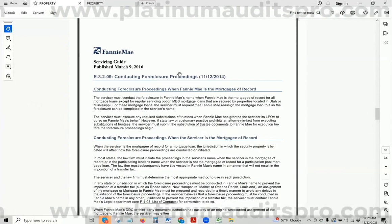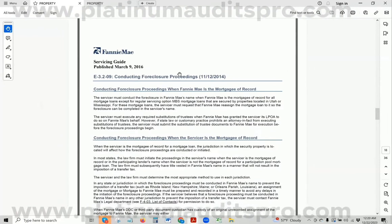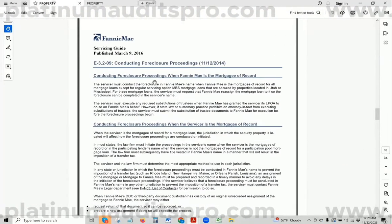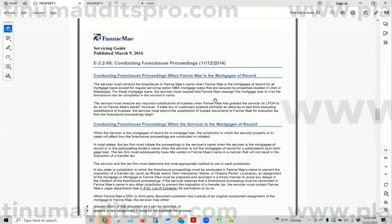You yourself, Fannie Mae, have written this. This is your own manual. So think about this moving forward. Now, this here, if you look at the beginning of this particular excerpt of this manual,